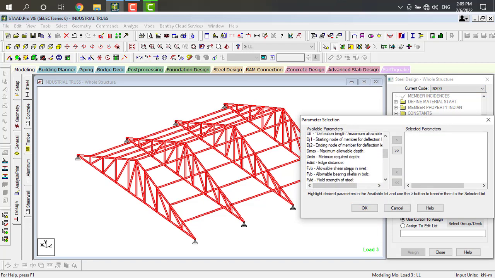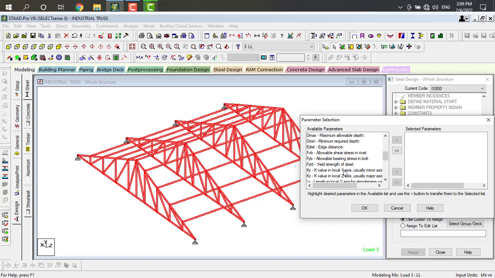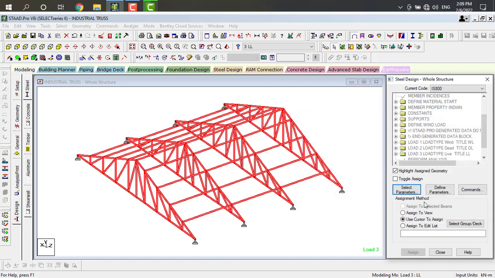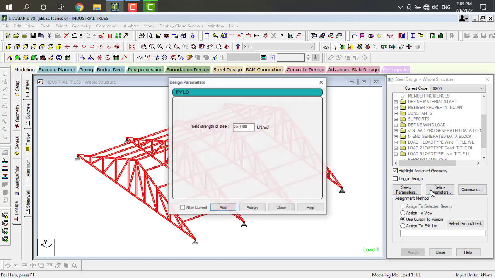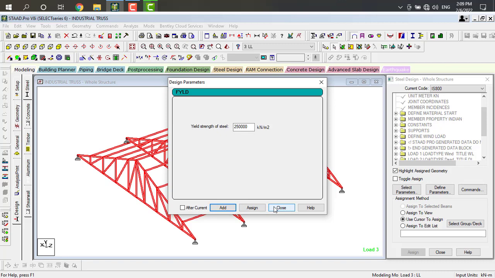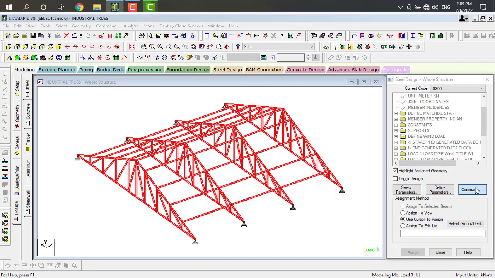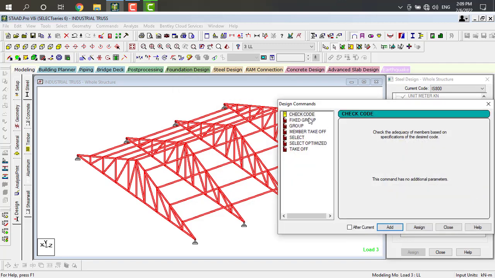In this I want to take Fy, yield strength of steel. That's it, click on OK. Go to define parameters, click on OK, fixed value. Next go to commands. In these commands I want to take check code, group, member takeoff. Click on OK, click on select, click on add, takeoff,